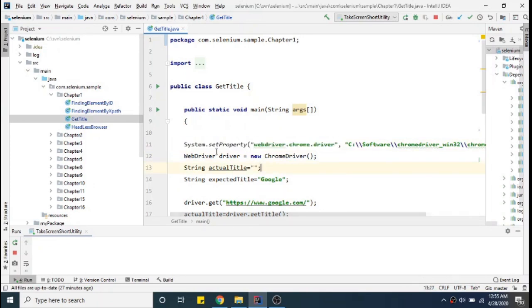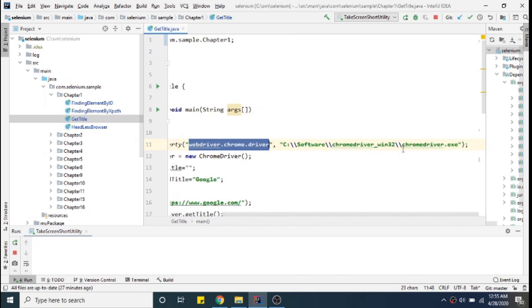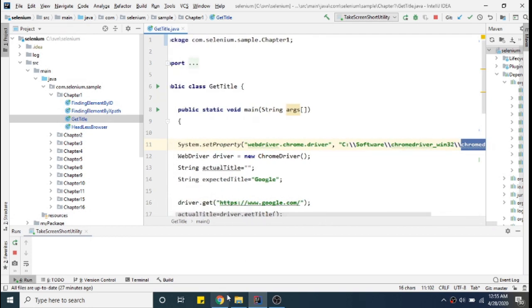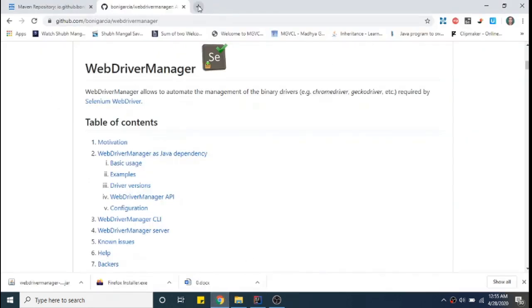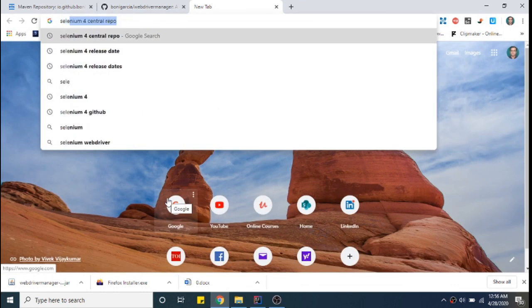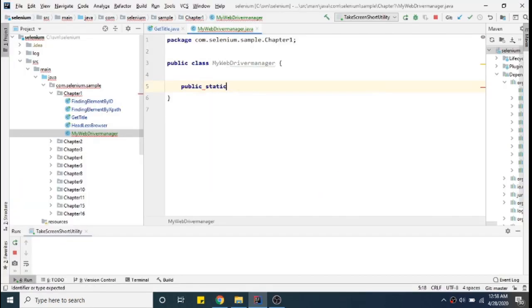When I say System.setProperty, I am giving the driver name, what my driver is and where it is stored, and this is the driver I need to download from the website, right? So normally, whenever we are working on Selenium, we have to just type something like Selenium Chrome driver, just create a simple